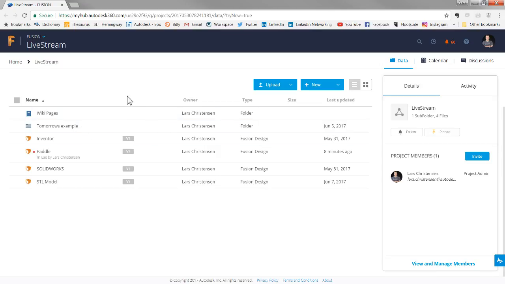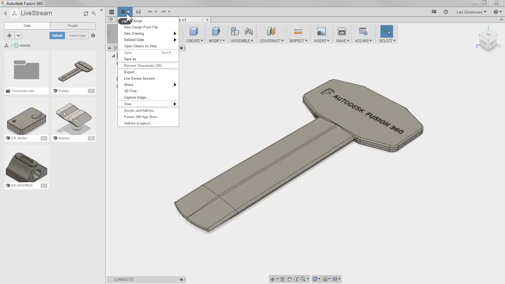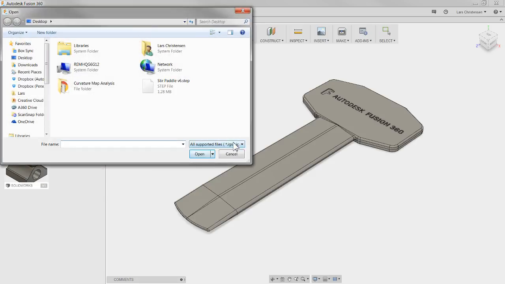Now, just not to become too long-winded here. What if I, for example, got an STL file from a customer? They emailed me an STL file, and I wanted to bring that into Fusion 360. Or a SolidWorks file or another format. You will see that if I go up here and say new design from file, I only get a few handful of file formats. Well, the great thing